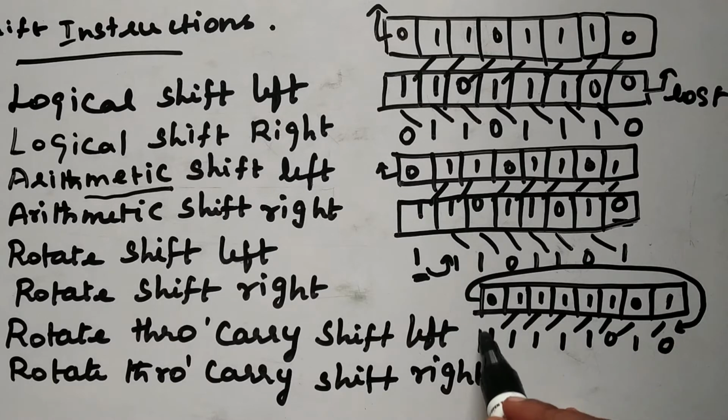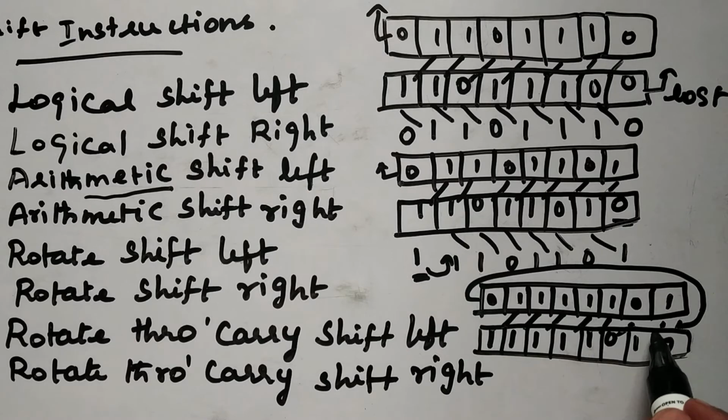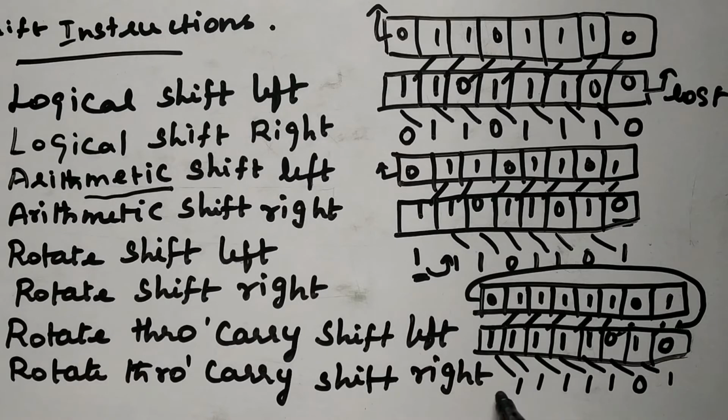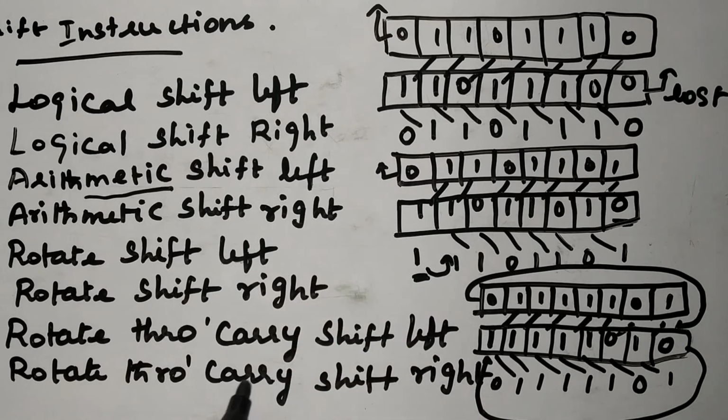Now if you are performing rotate shift right, considering this as the input, what happens here? If you perform rotate shift right, moving one bit to the right side, 1 will come here, 0 will come here, 1, 1, 1, 1, 1, and what could be the value of the most significant bit? It is nothing but the last bit of the input, that is 0. The last bit of the input will be considered as the most significant bit of the output. This is what rotate shift right is. So we're not going to lose any bit in the given data, and we're not going to insert any new data. That is the main difference between the logical, arithmetic, and rotate shift right.